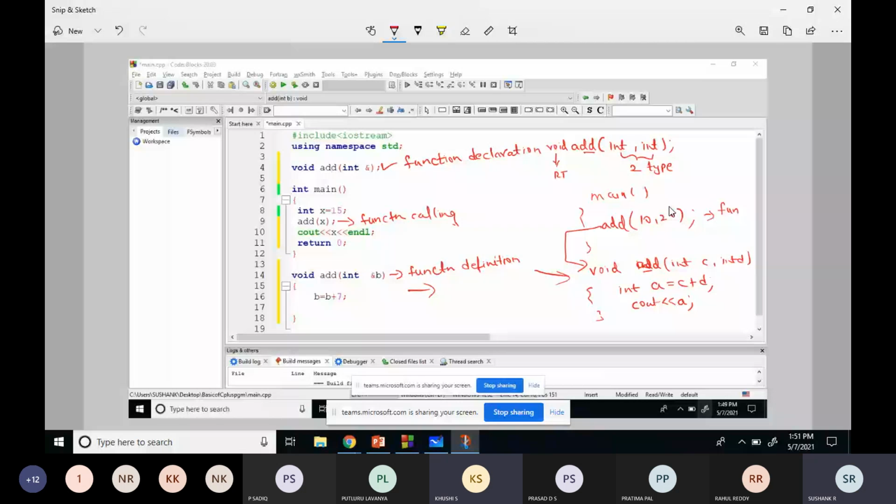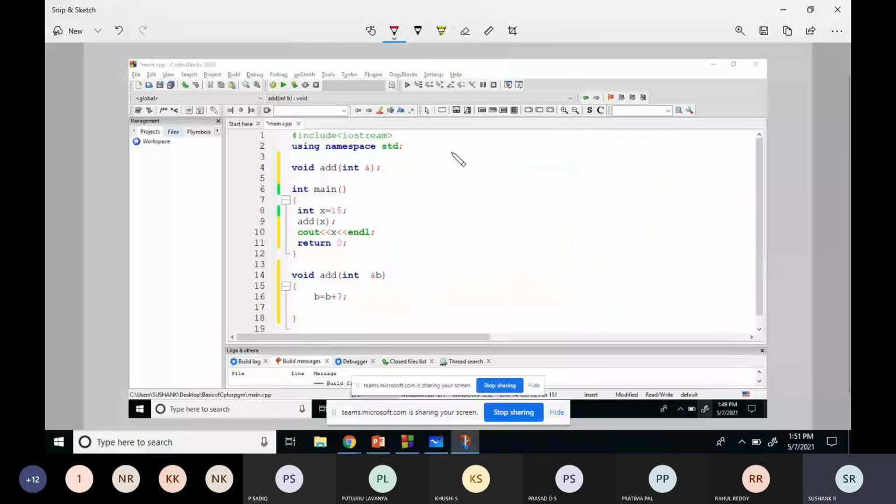Okay, see, one second, I'll just erase this part. I'll clear this part so that, see, function consists of three parts.